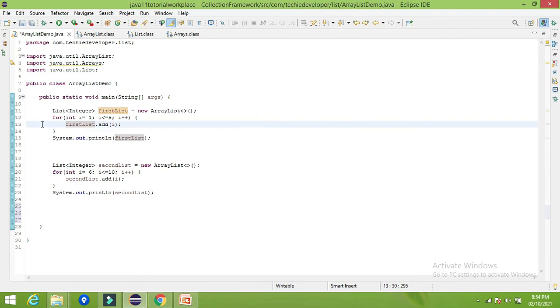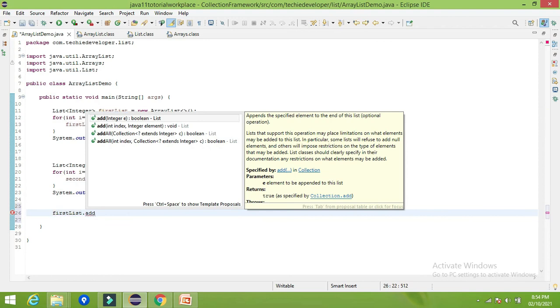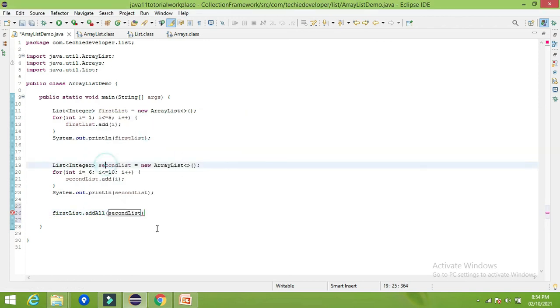To do this, the list in which we want to add should be considered as the object, that is the first list. In the first list I want to add, right? So that's why first list dot addAll and give the parameter as second list. So whatever elements are present in the second list will be added in the first list. Now let's try to print the first list.